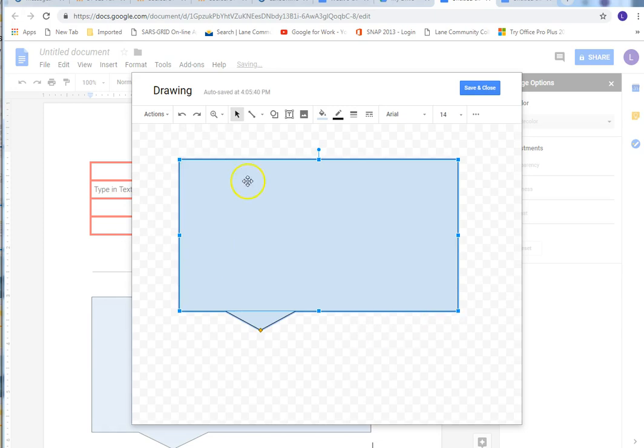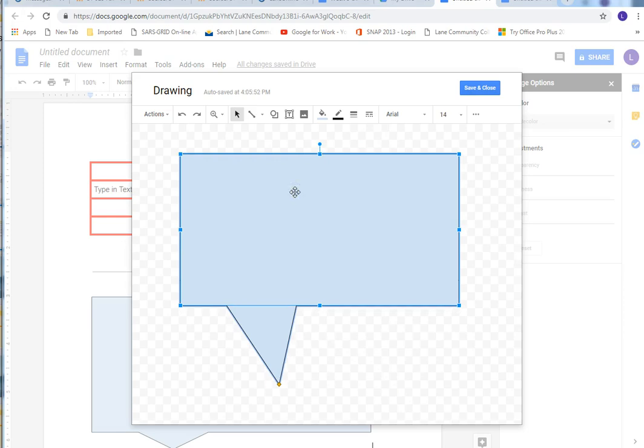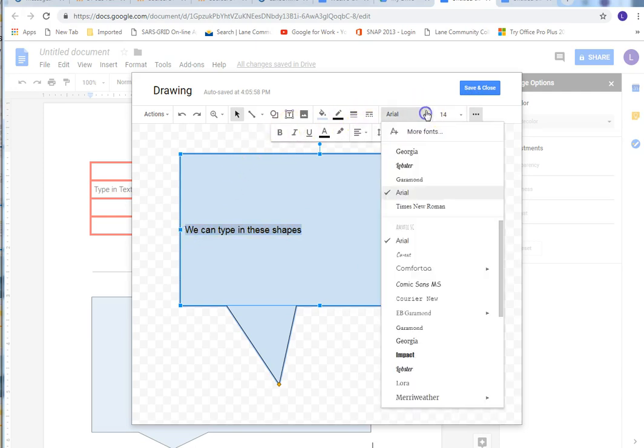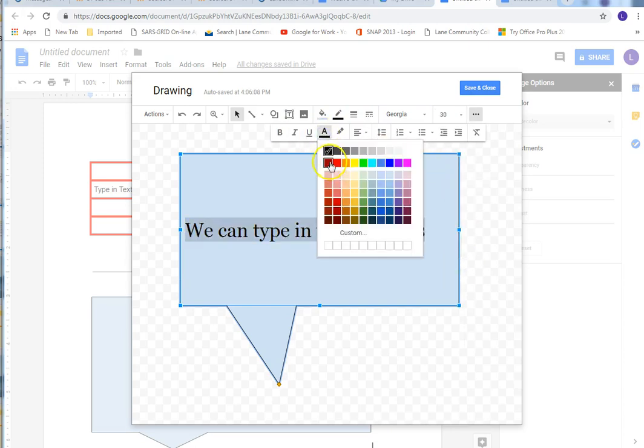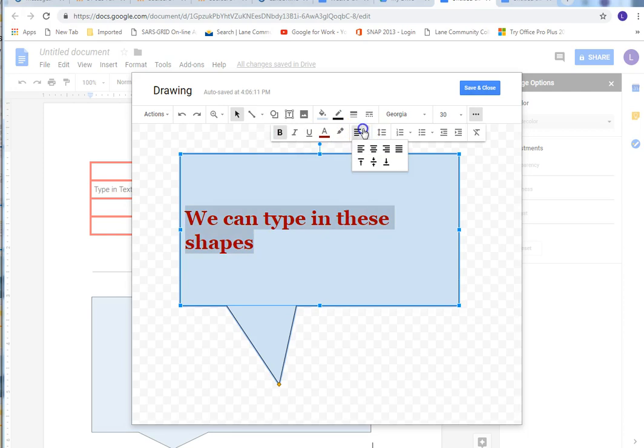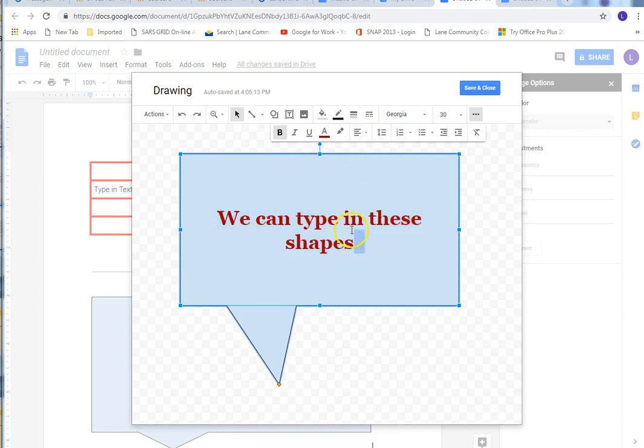See? We recognize that. We know anytime we have a shape with this yellow dot, that means I can move it around and point it to certain things. And we know that we can type in these shapes, just like we can in Word. What I'll do though is I think that's too small a text, so I can use my features up here and resize, and I can recolor, and I can make it bold, and I can center it. I can do all the things that I know how to do, but I'm just doing it inside this drawing